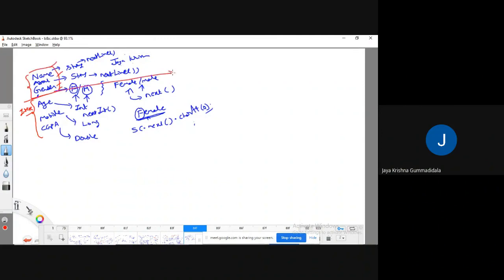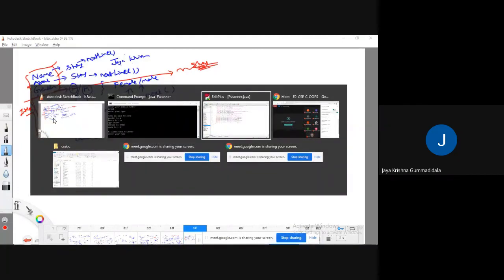Now after this, user is trying to enter some string values. Even though the user enters string values, I don't want to get an error. I need to handle that error. Whenever the user enters an integer value, only then I will move on to accepting age, mobile, and CGPA. Can we do that? Yes, we can do that.